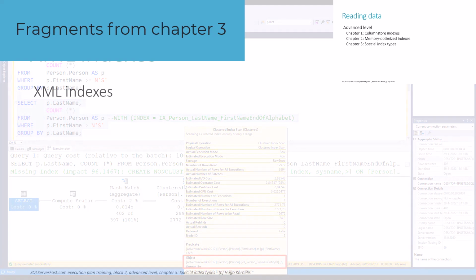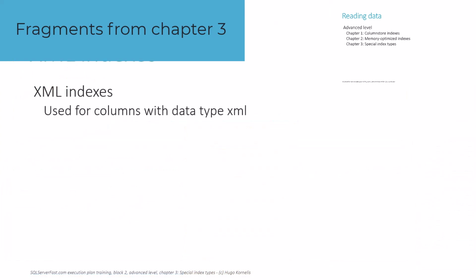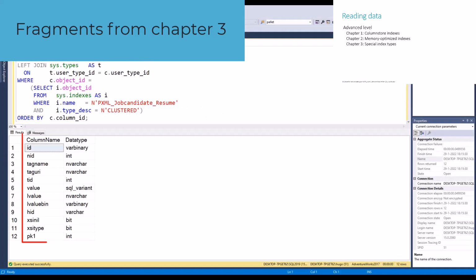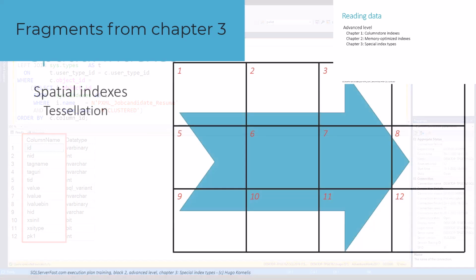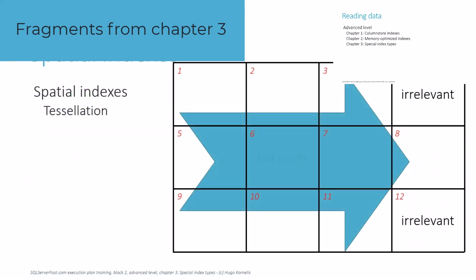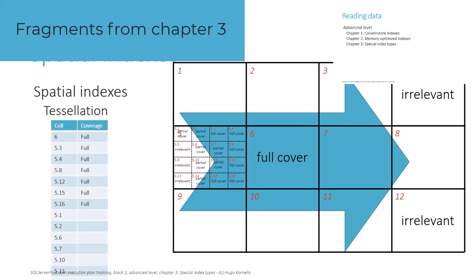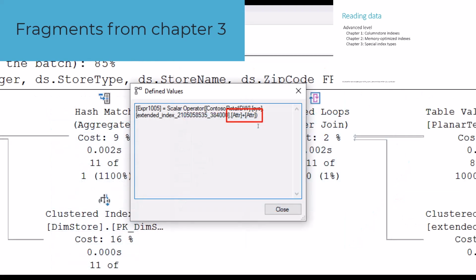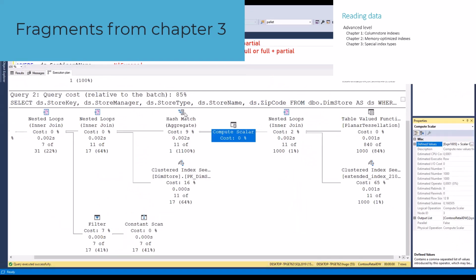in the filtered index. Both XML indexes and spatial indexes are internally stored as regular clustered and non-clustered indexes on special internal tables that store highly optimized representations of either XML fragments or of spatial objects. Finally, full-text indexing uses components that are effectively external to SQL Server, which is why you cannot see many details of the internals in the execution plan.